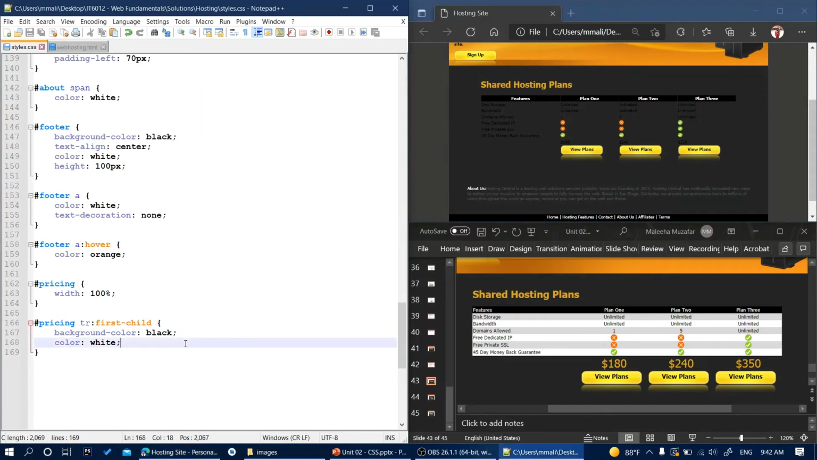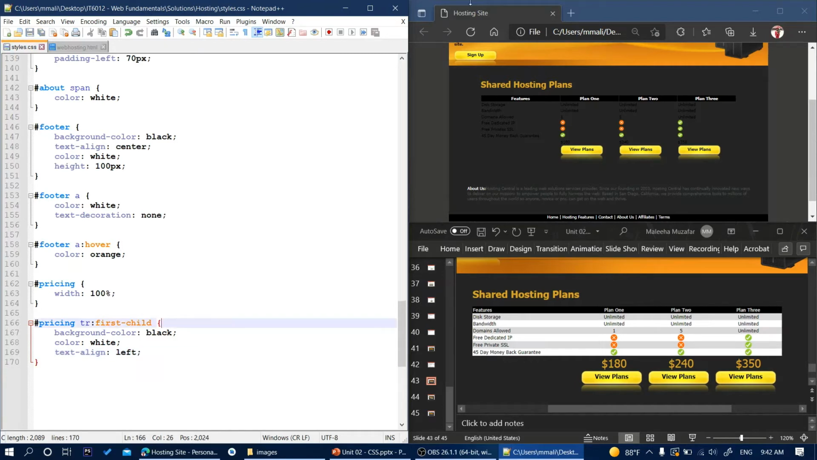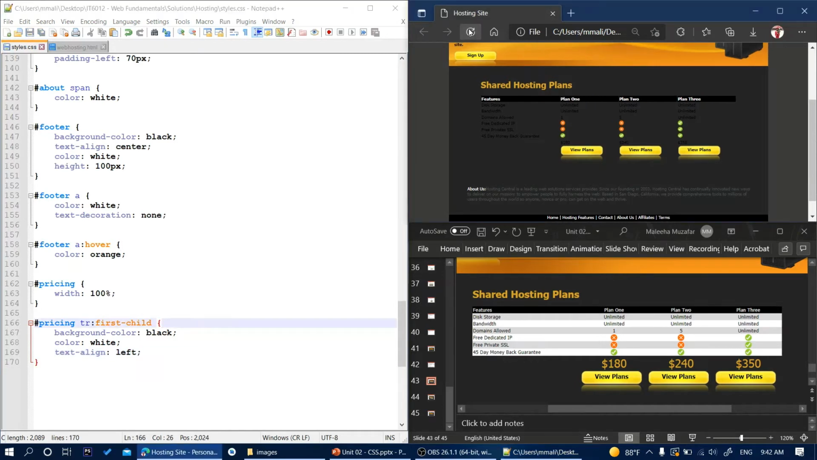Now in that first row, I also want the text to be not centered, to be left, because if we notice the text is at the left, right? So I'm going to refresh, and now the text has moved to the left. So that's first child. Similarly,